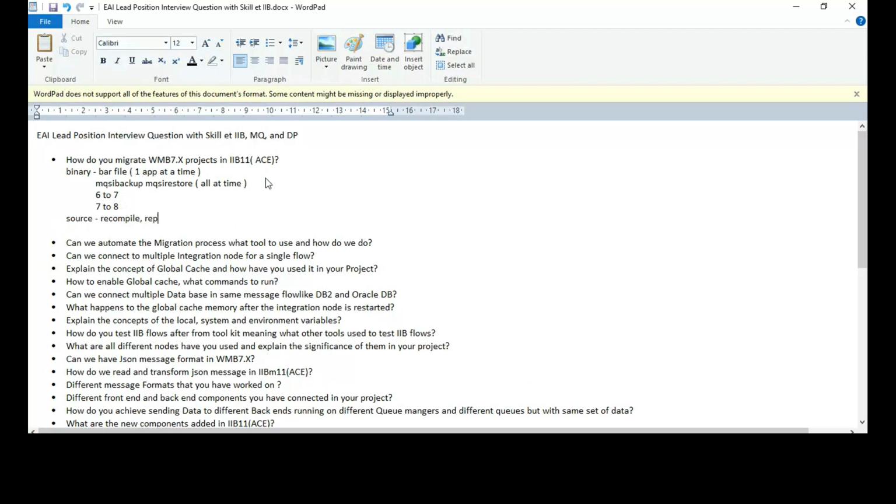That means you have to import the source code into IIB toolkit and then create a bar file out of it. And when you import the source code from WMB to IIB, you'll be asked to modify a few things, such as any changes in the project structure, that's shared libraries and your apps, integration servers, your REST APIs. You'll be asked, do you want to modify these artifacts?